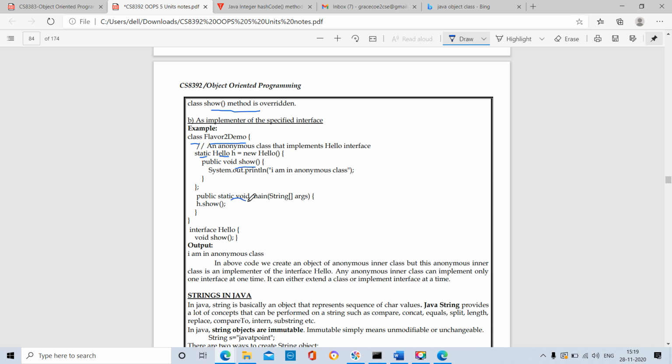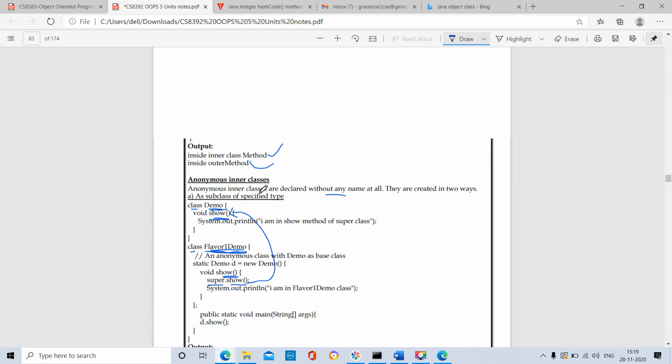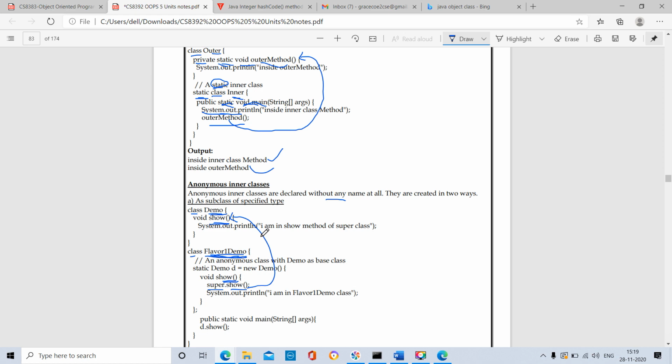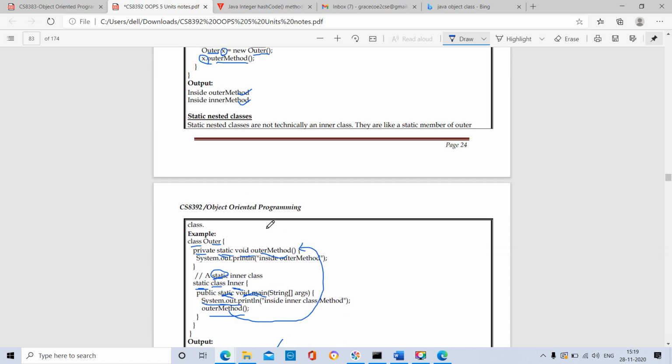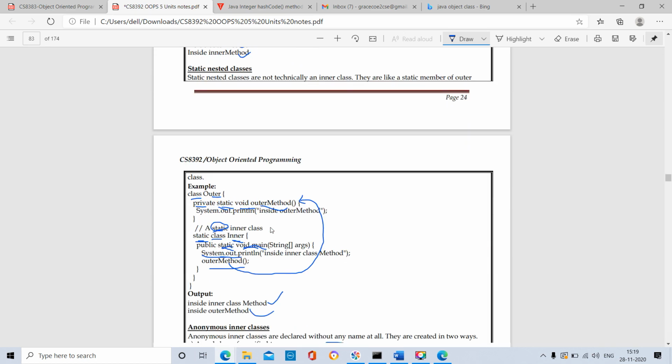In the main method also we have the show method. So this is the implementation. In class Flavor2Demo, Hello is the class we are referring to here, but we don't have the Hello class.